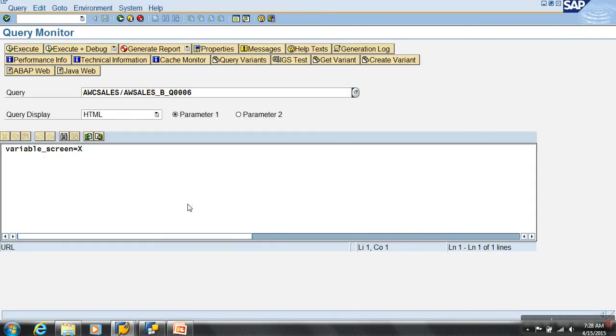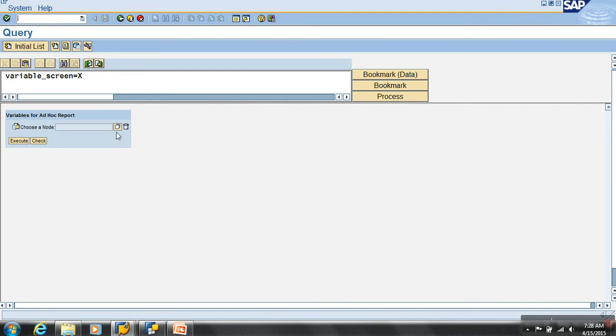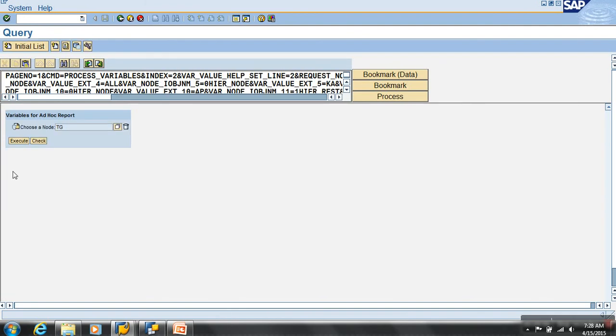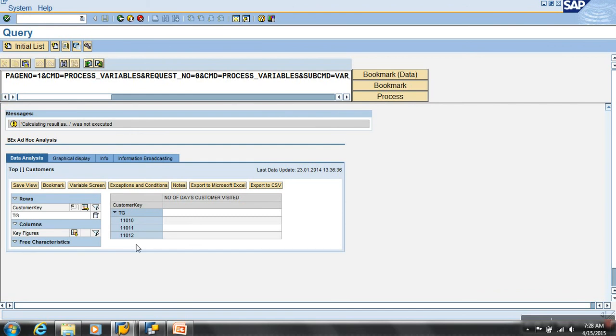Now the hierarchy is fixed as the manual hierarchy, but within that hierarchy you can choose a node. Now look, when you press F4, it shows all of them, Karnataka, Telangana, whichever node he wants to see. Any node he can select. I selected TG. Now it displays data only for the TG node. So like this, when you want to make the node-level restriction of a hierarchy dynamic, we go with hierarchy node variables. This is with user entry. Okay.